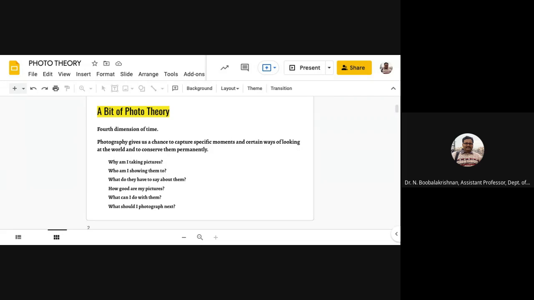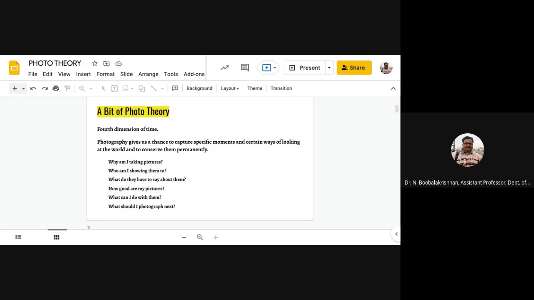But as soon as you have taken your first picture, a seemingly endless chain of questions starts to arise. You just ask yourself, what are those questions? Why am I taking these pictures? I have seen many photographs that you have uploaded for your assignments, the first assignment and the landscape versus portrait assignment.